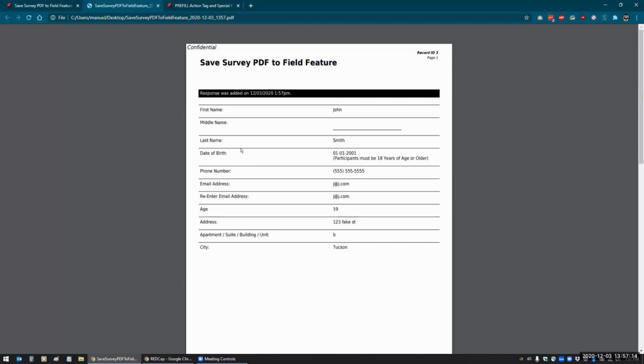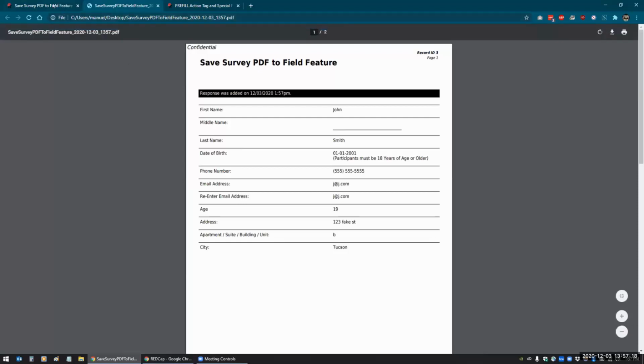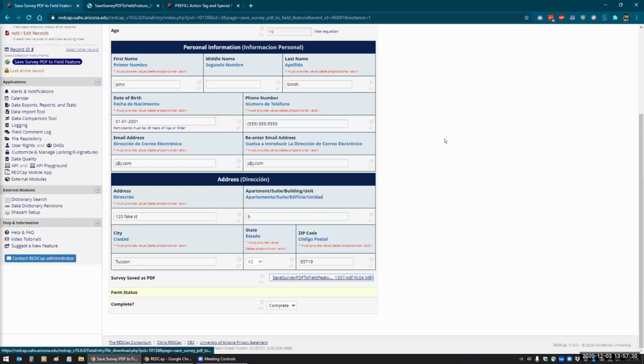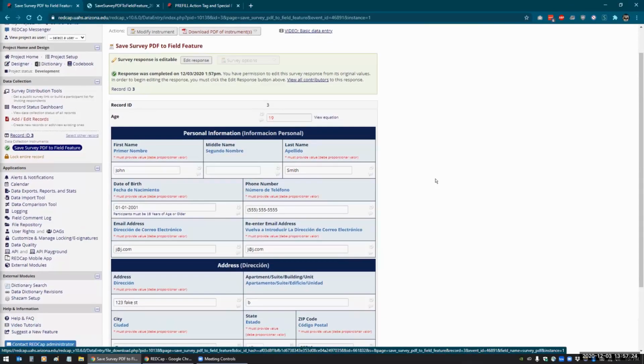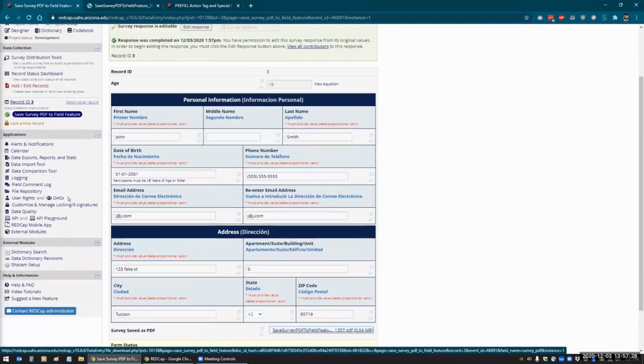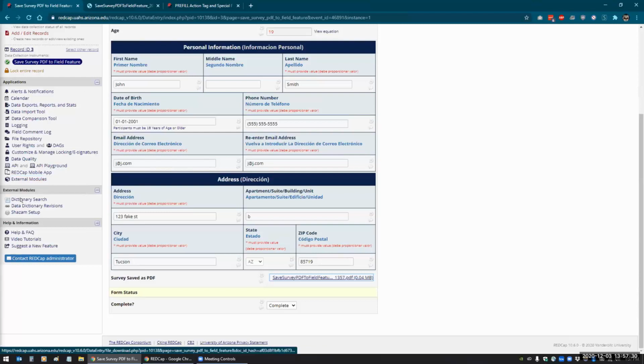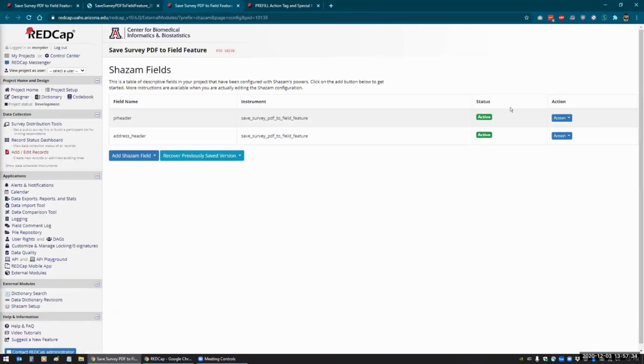How did you get your name fields to line up next to each other rather than appear in a vertical sequence? So there's a couple of ways to do this. The way this one is set up is with Shazam. Shazam is an external module, and then it gives you this Shazam setup window, and I have it set with